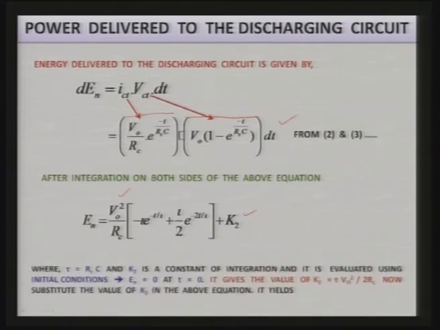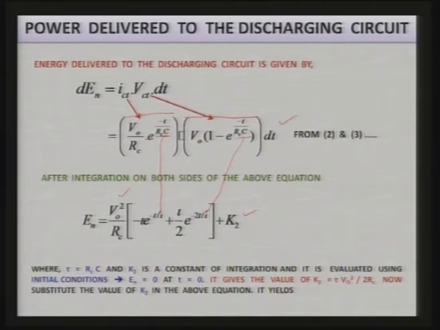This R c c has been replaced by this tau, and k 2 is a constant of integration, and it is evaluated using again initial conditions,